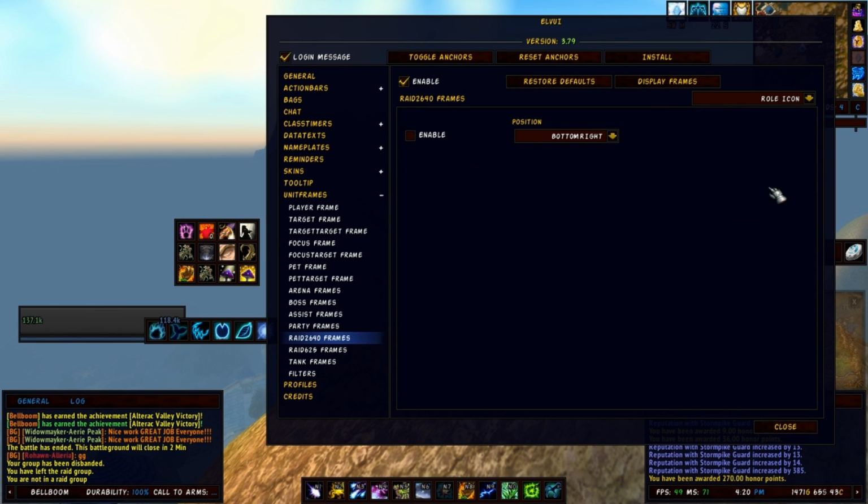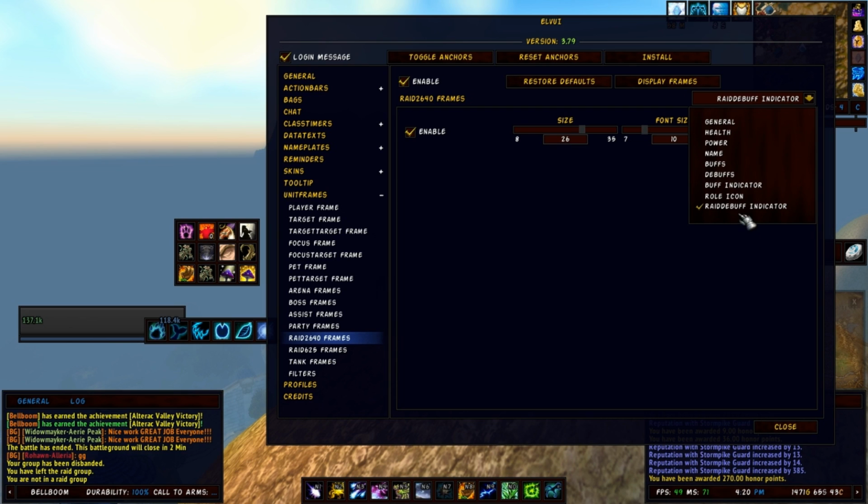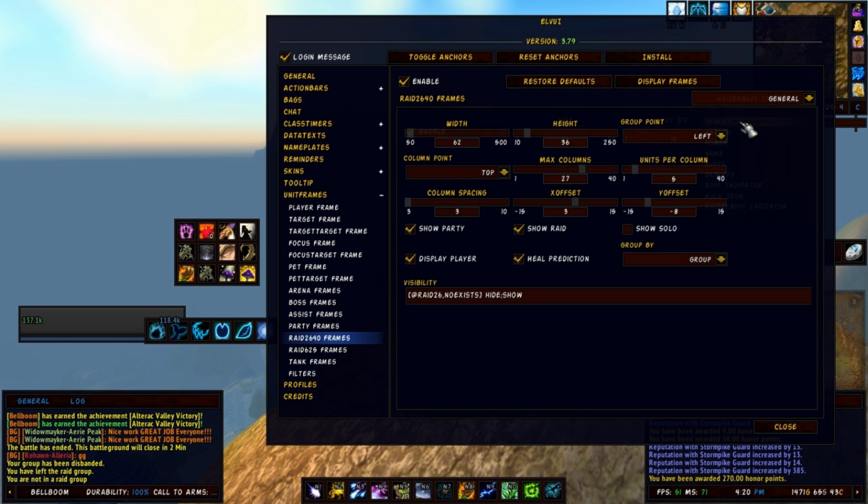You can also put role icons on them to where it'll show their tank, heals, DPS. And raid debuff indicators will show if they have a raid-wide debuff. So that's your raid frame. So now that I kind of went over those, let's go up here and we'll talk about,